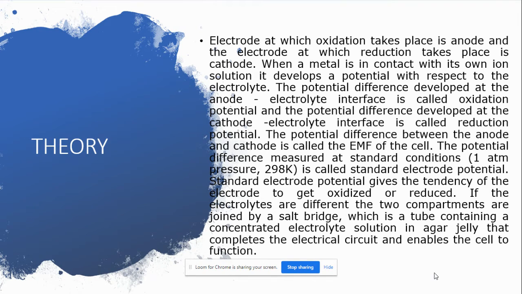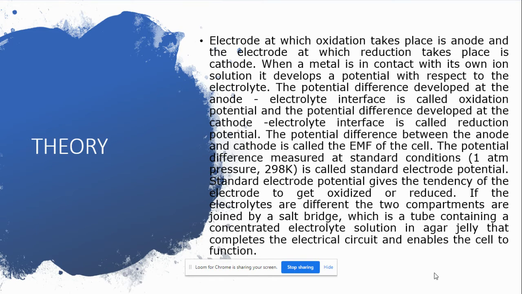The electrode at which oxidation takes place is known as anode, and the electrode at which reduction takes place is known as cathode. When a metal is in contact with its own ion solution, it develops a potential with respect to the electrolyte. The potential difference developed at the anode electrolyte interface is called oxidation, and at the cathode electrolyte interface is called reduction. The potential difference between the anode and the cathode is called the EMF of the cell,